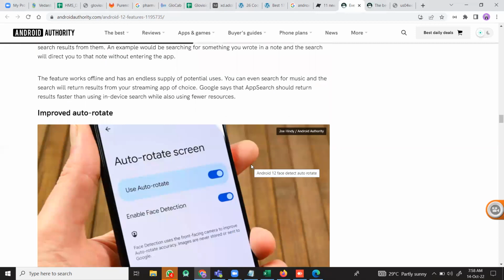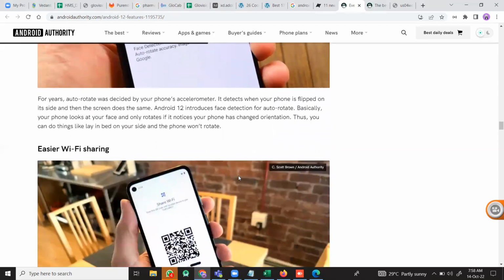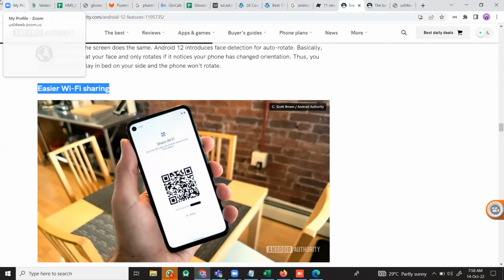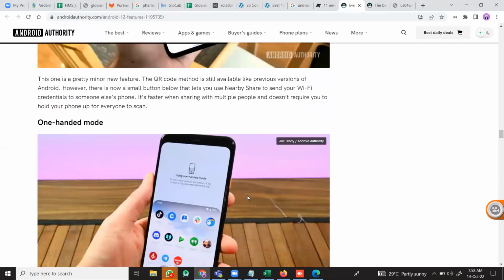Next is the improved auto rotate. Horizontal to portrait, portrait to horizontal, the auto rotation feature has improved here. Previously it was there, but improvisations have happened on this. And this is also an easier Wi-Fi connection. Previously this was also there, it is just customized. Just by scanning, you can share your Wi-Fi. And the next is the